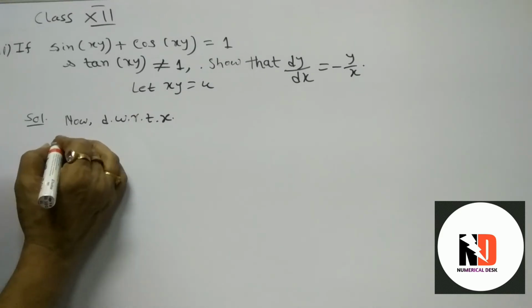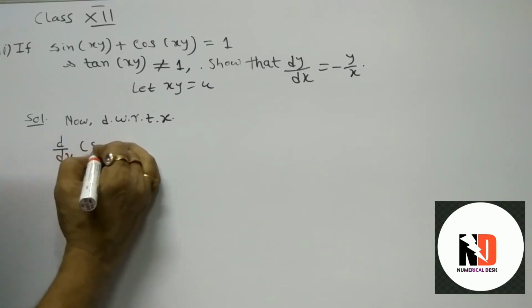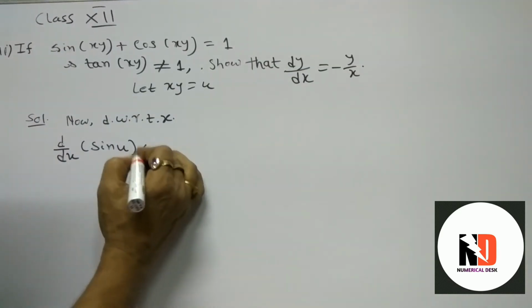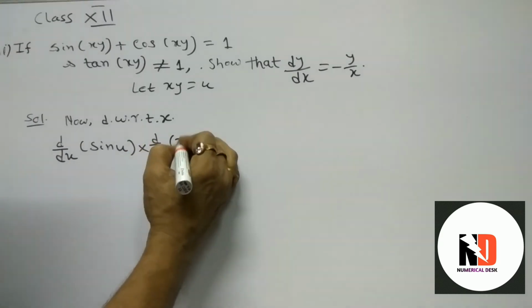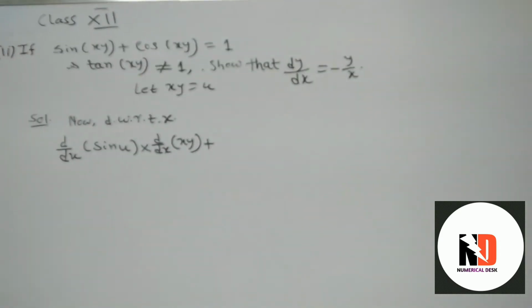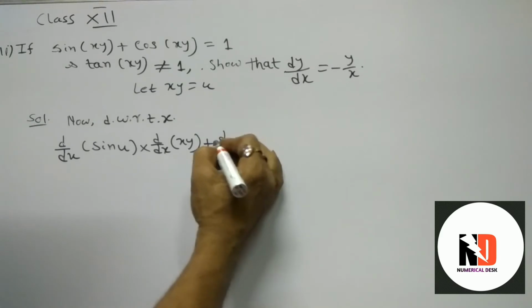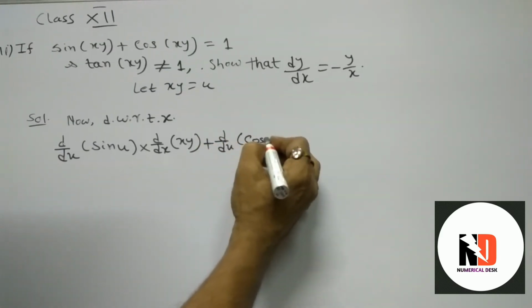This is an implicit function. Sin xy is not a standard form; only sin x, sin y, sin z, sin t are standard, and directly you can get the differential part. That is why we take xy equals u, and so d by du of sin u